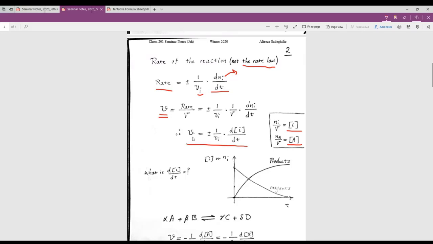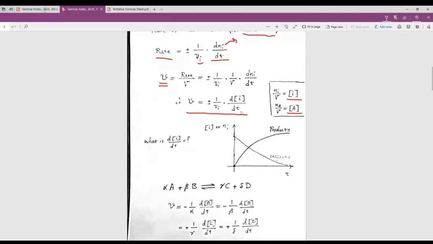Okay, so the general rate of the reaction is plus or minus 1 over nu I times d[I] over dt, the concentration of I over dt. Okay, so the question is now, what is this d[I] over dt? If we plot a graph of the concentration of I, or the number of moles of I, against time in the system,